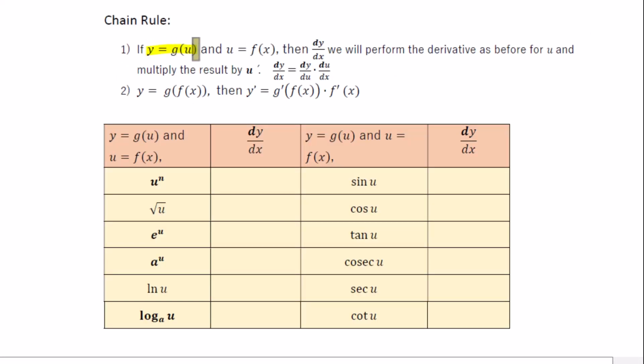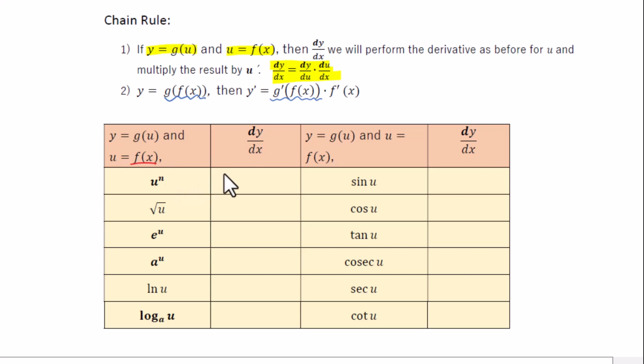If y equals g of u and u equals f of x, then for dy dx we will use this formula: dy dx equals dy du times du dx. Basically, the chain rule is about the derivative of a composite function. When you have a composite function, y equals g of f of x, then y prime equals the derivative of the g function, times the derivative of f of x. For example, if I have y equals g of u and u equals f of x, then dy dx equals,